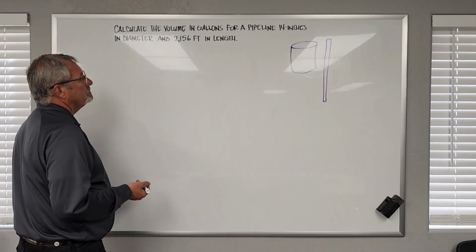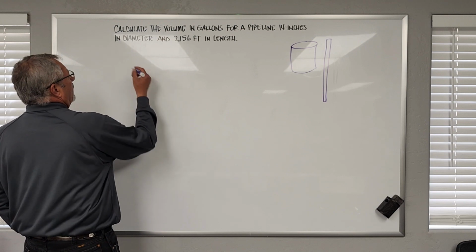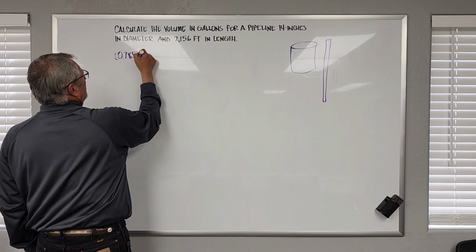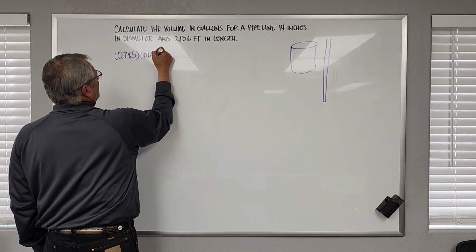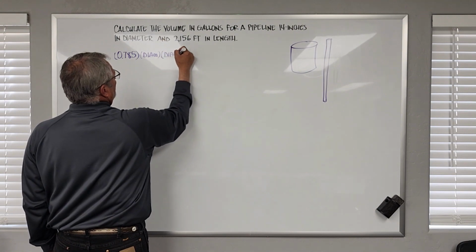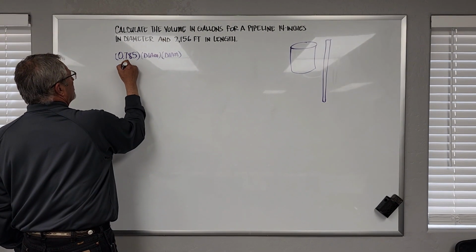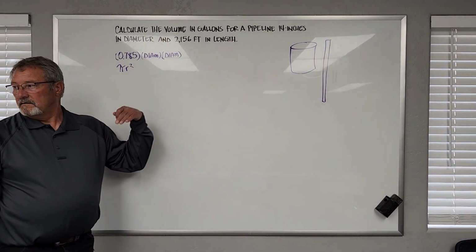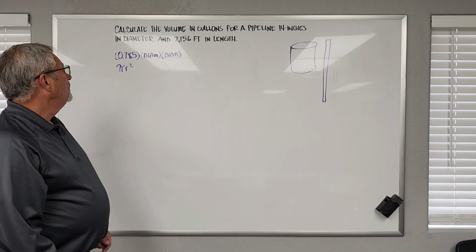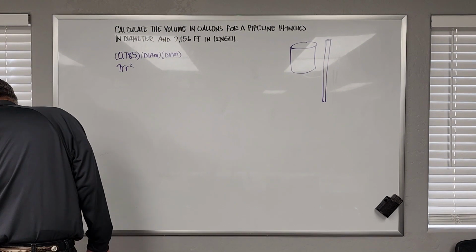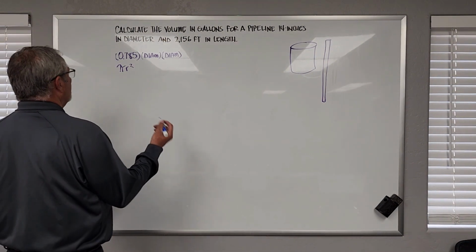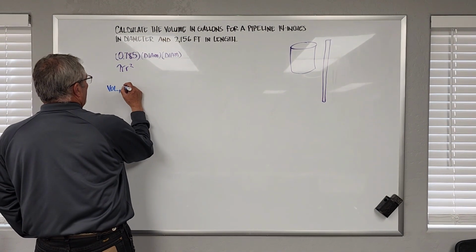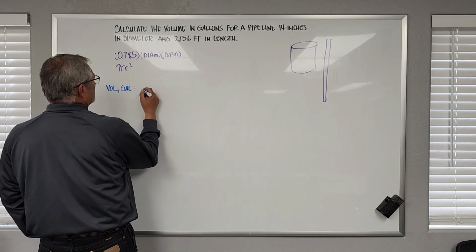Now, I can use 0.785 times the diameter times the diameter, or I can use pi times the radius squared. That's 3.14 times the radius times the radius. I like to use my 0.785, so I want volume, and we're going to put it in gallons, equals